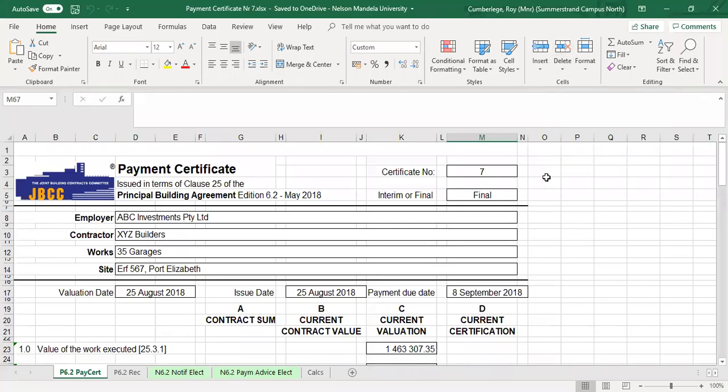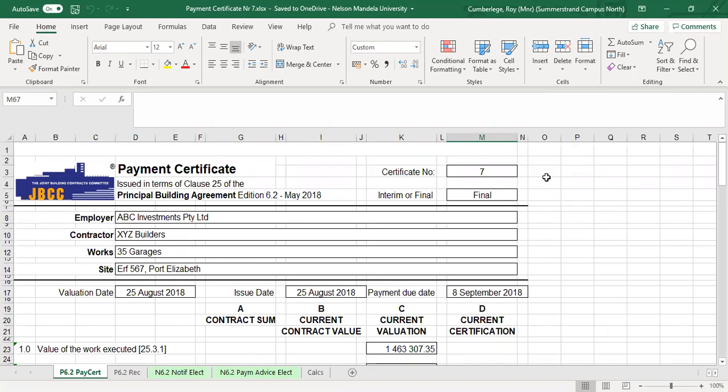Good day, everyone. This lecture will discuss the issue of a final payment certificate based on the final account that the contractor and the employer have signed off. So you completed your final account, and now based on the final account, we need to issue a final payment